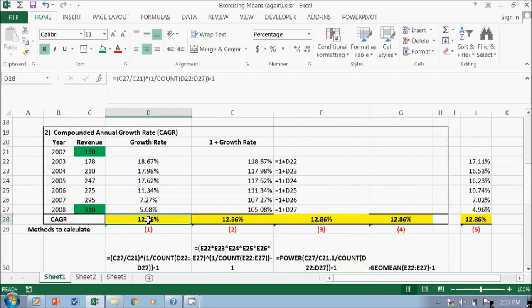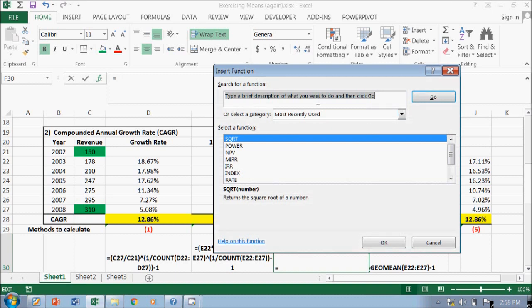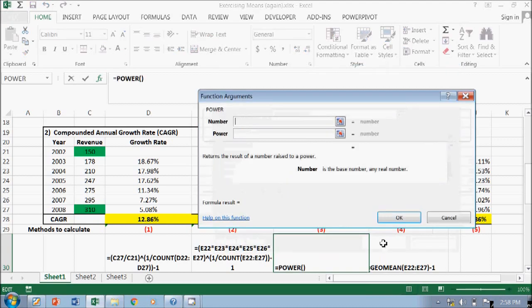Basically, this is the same with this formula. I just use the Excel formula POWER. I delete that. I will repeat that so you can see I use insert formula and then I use power. It will give you the power and then OK, and then number is the